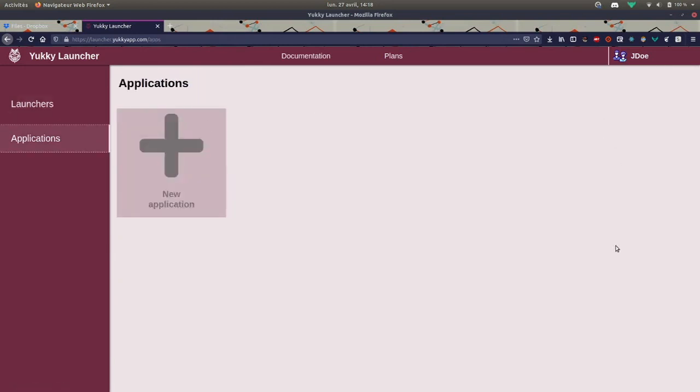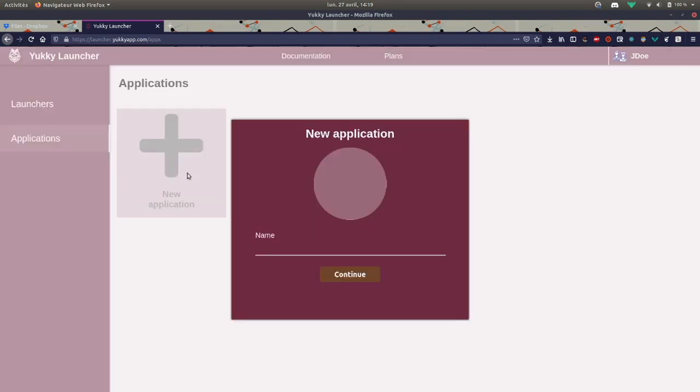So then applications. Now for this to work, we need to create at least one application. For the free plan, you can just have one launcher linked to one application, but with the pro plan and with the custom design, you will be able to link multiple applications to the same launcher, but we won't see this in this video. So the application, we'll call it awesome app, for example. Let's hit continue,